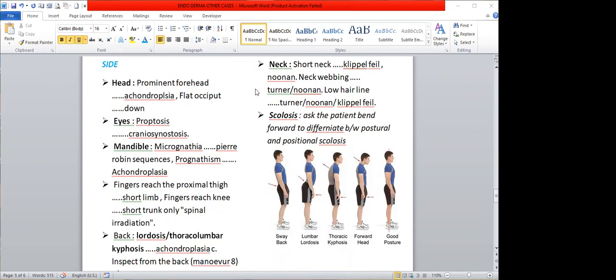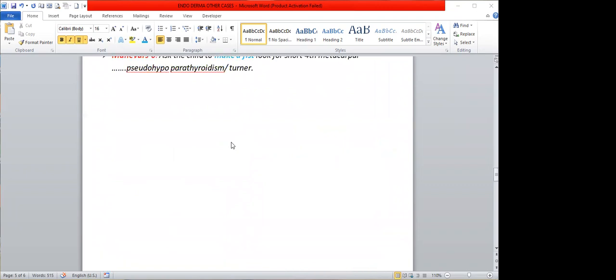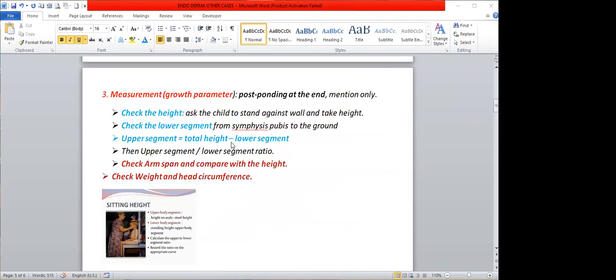So these are the findings from the side view we can get during our examination of a short stature. Now, after this examination, I personally think that the maneuver of measurement is sometimes time taking. So we can come to that area after doing all these things during the quick examination. Now we can ask the examiner, I want to measure